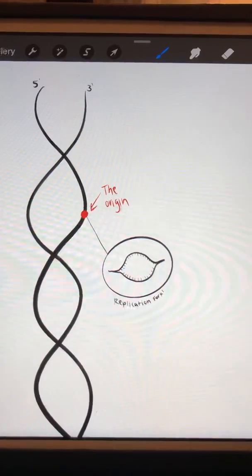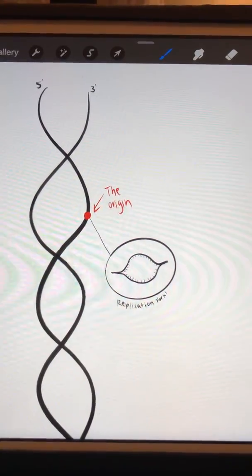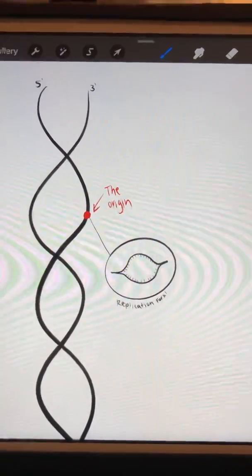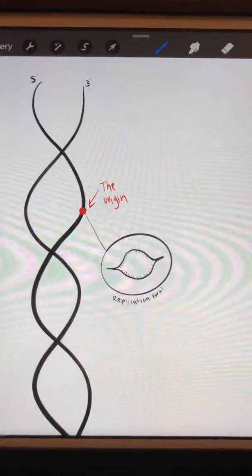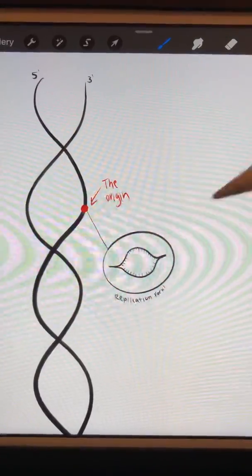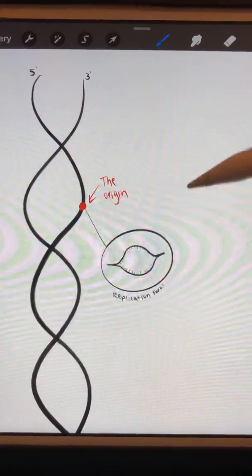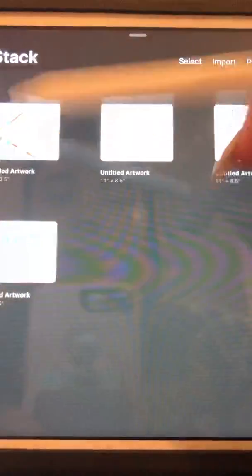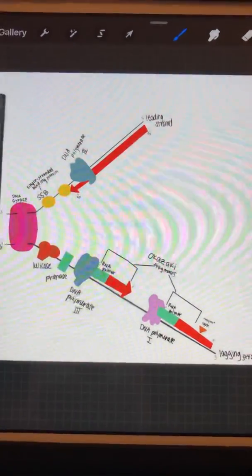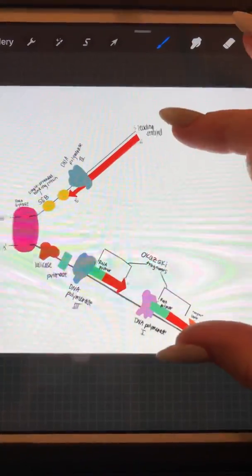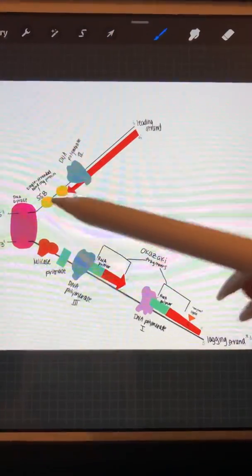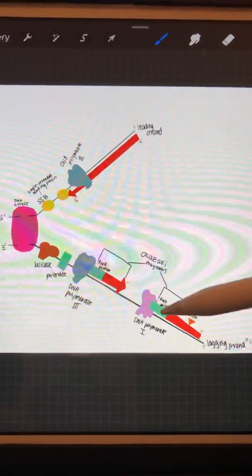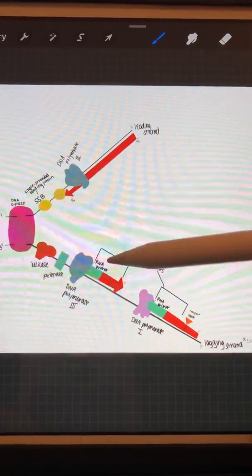So in order to understand the complexity of DNA replication in eukaryotes, scientists then needed to look into prokaryotic replication first, such as E. coli, in order to then establish and understand this replication fork, and then get our enzymes coming into play. Now, our key enzymes that we need to look into and pay attention to are going to be our DNA gyrase, our SSB proteins, helicase, primase, DNA polymerase 1 and 3, and our